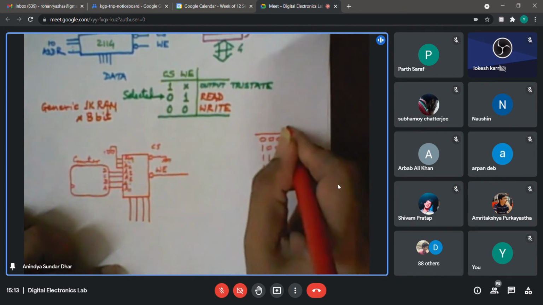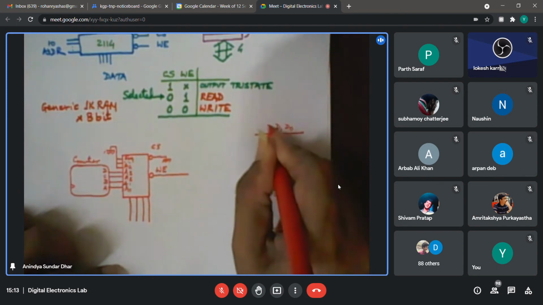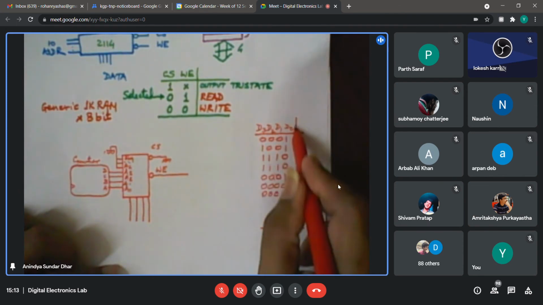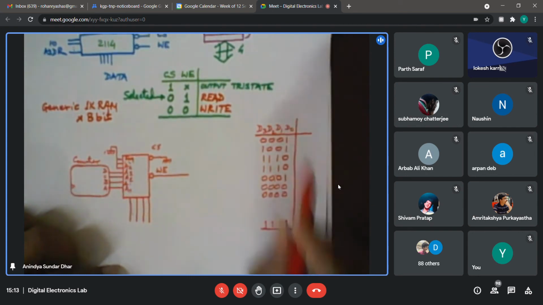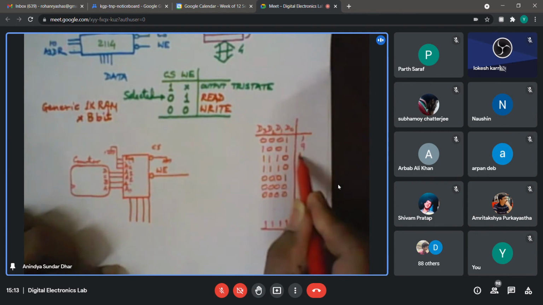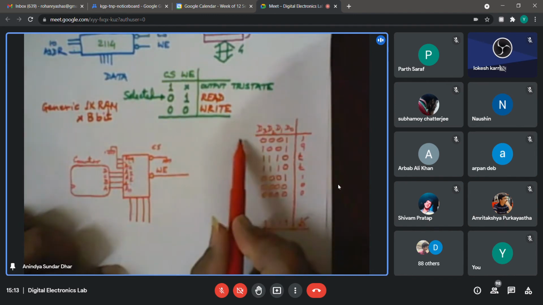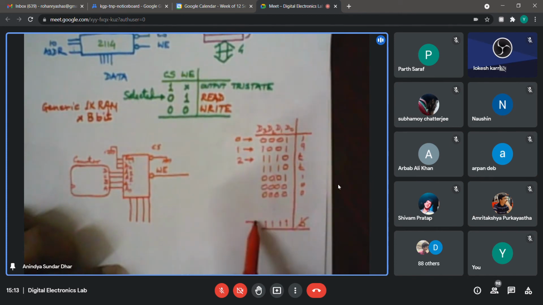So I'm just changing the nomenclature a little bit. Rather than IO, I am calling it D0, D1, D2, D3 for data bus. So first of all, we need to write those data in those locations. Because this might be your 19EE100 whatever, and finally I am having an F which is basically blank. So at the 0th location I am supposed to write this, at the next location I am supposed to write this, and so on. At what will be this location 1111 where I am supposed to write that?